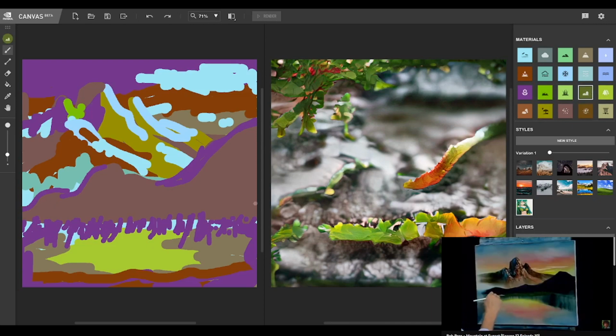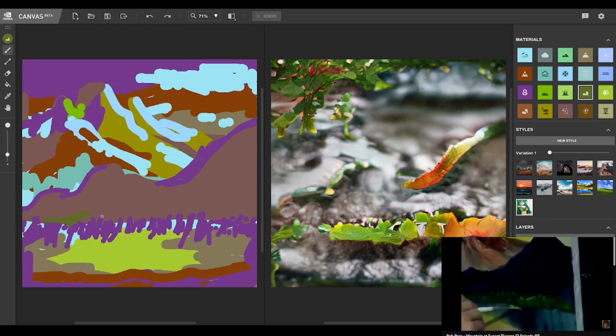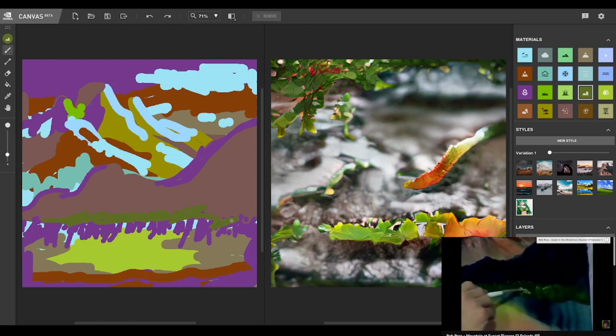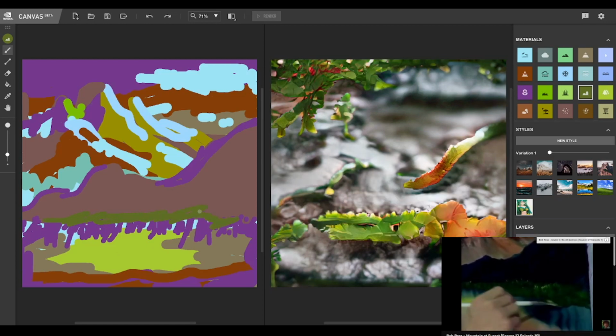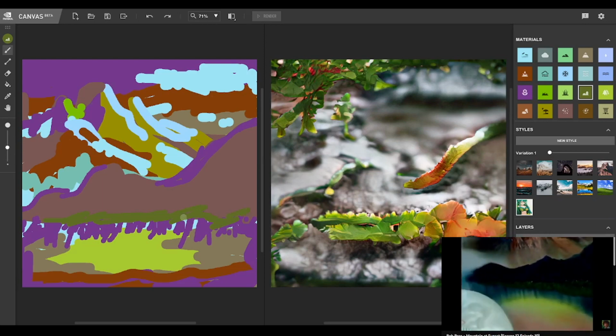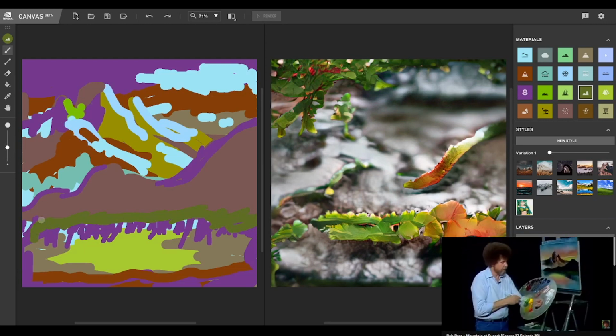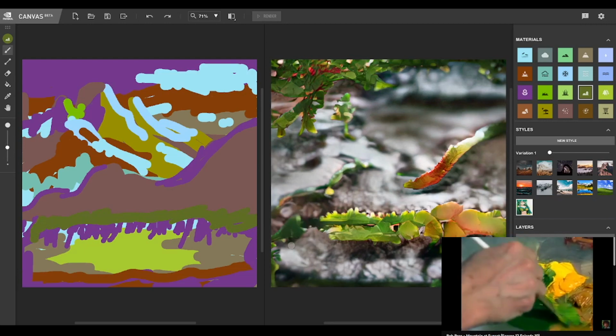Just push these in, like so. There. Just push them in. Here. Now move this brush up a little bit. Yellow color, and just add a little more to the brush, and it'll be lighter. A little yellow ochre,